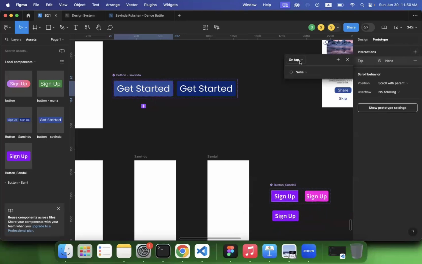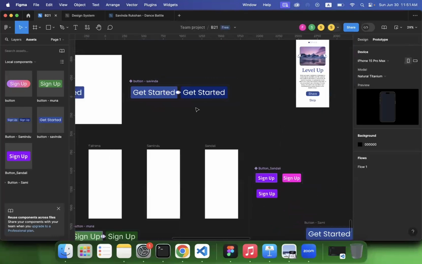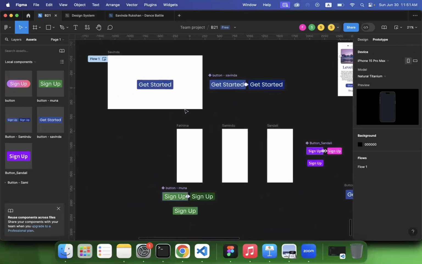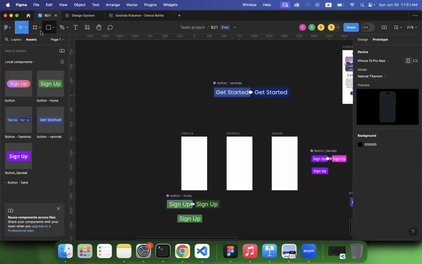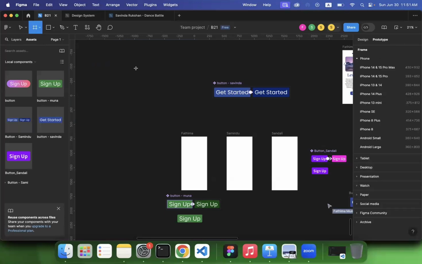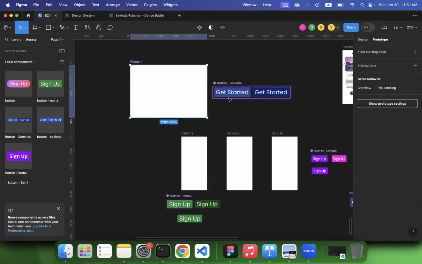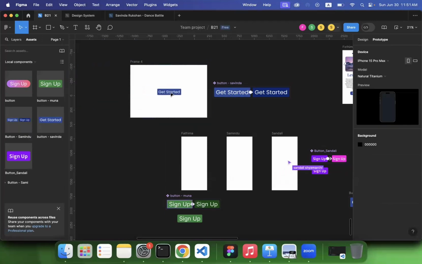And then we have an option called on tap, on drag, while hovering. Select while hovering, and then change the state to hover. So that is what I need from you. And in order to see it in your design, create an artboard with the size of your design and drag and drop your button right there,